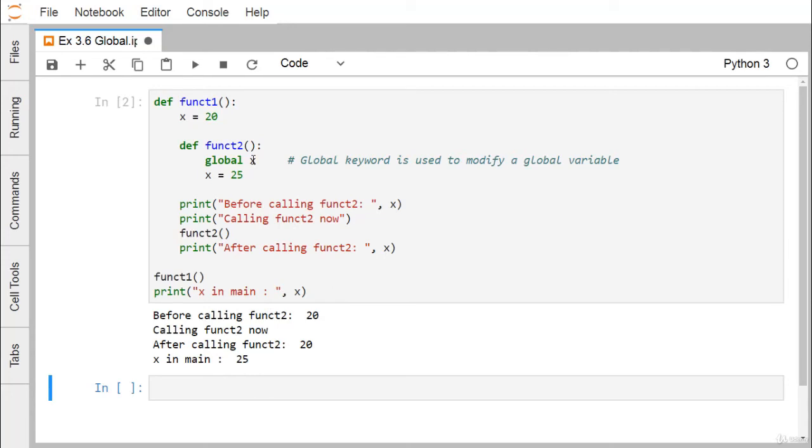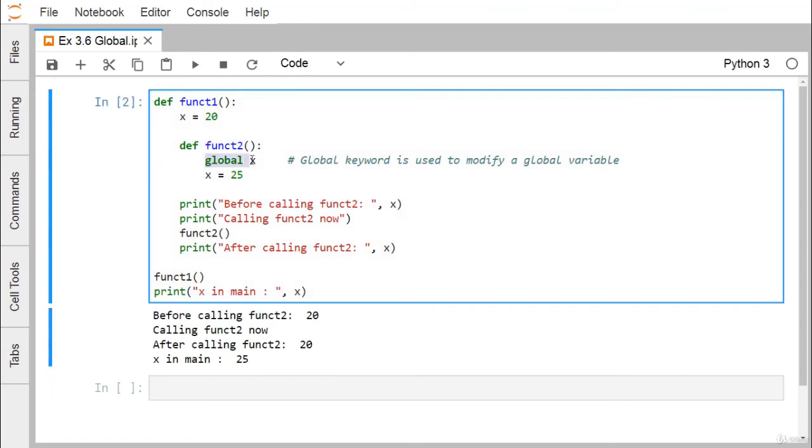If we want to print the global x, then after calling function 1, we can directly print x, because this particular x has the global scope. That means it is not within function 2 or function 1, it is outside of that. So whenever you print the value of x from outside of function 1, we get the value 25. I think you are getting this idea. With global x, we are defining a variable x which has the global scope, and that global variable is getting initialized with the value 25 here.